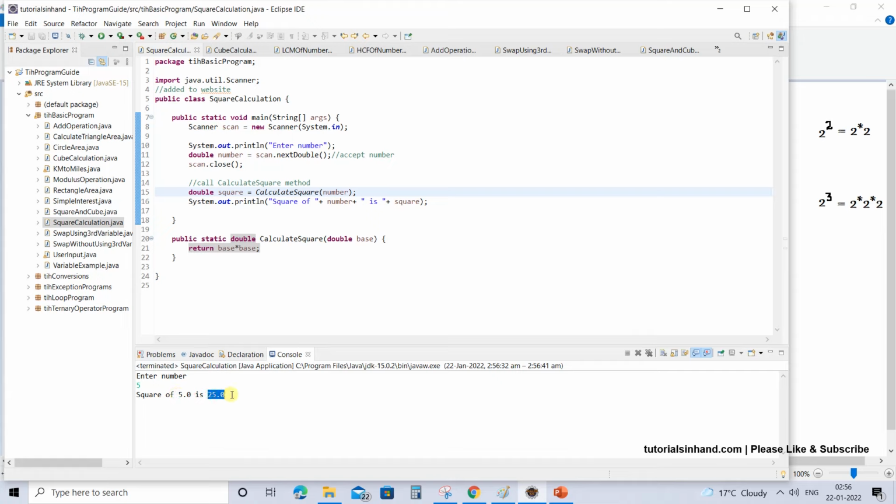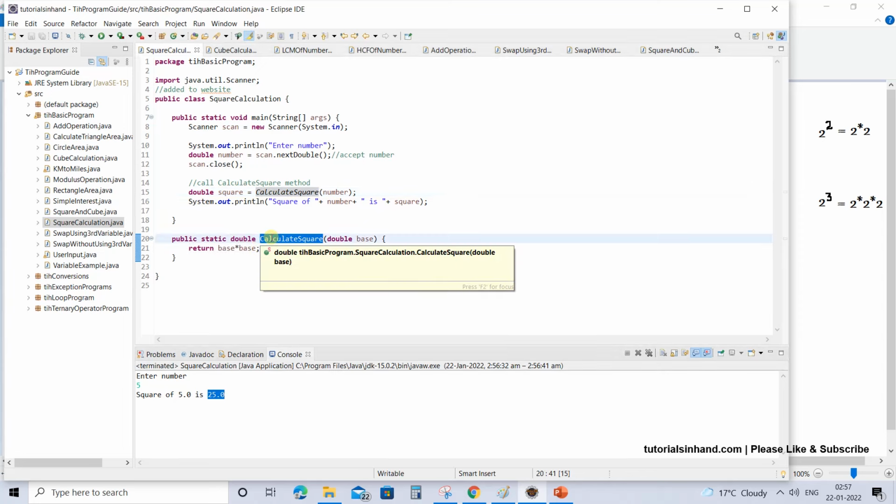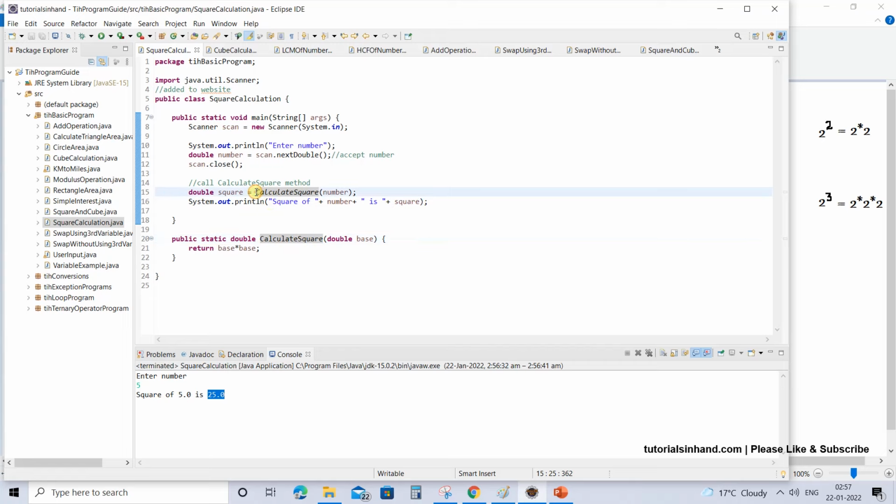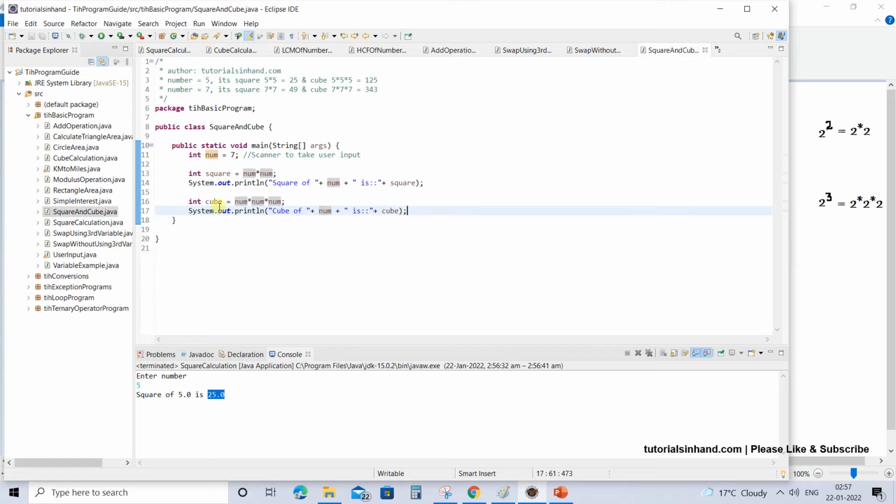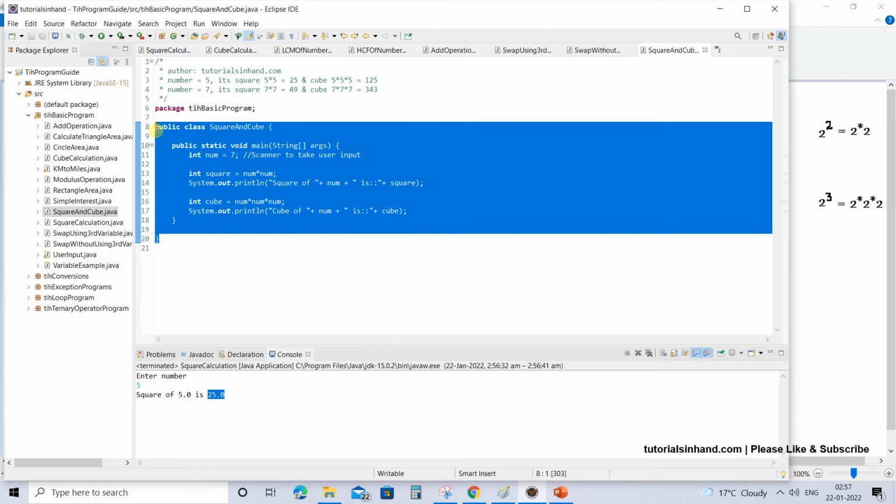So I expect that now you are aware how you can print square and cube using simple logic and also using Math.pow and using a function as well. But don't worry about functions, we will explain how these function calls work in their respective tutorial. For now, just stick to this one that helps you calculate the square and cube properly.